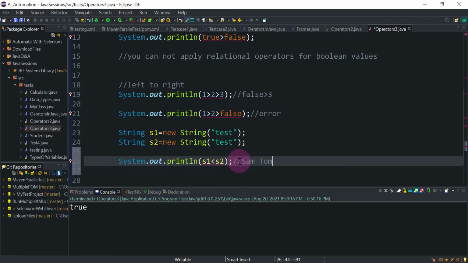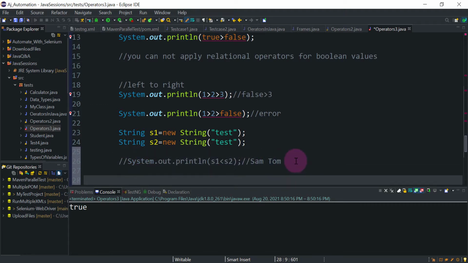But if you say Sam's mathematics marks are greater than Tom's mathematics marks, this statement is correct, because you are comparing two properties of these objects, not the objects themselves. You can compare their ages also: Sam's age is less than Tom's age is meaningful, but you cannot directly compare two objects. This is also one of the examples for interviews.